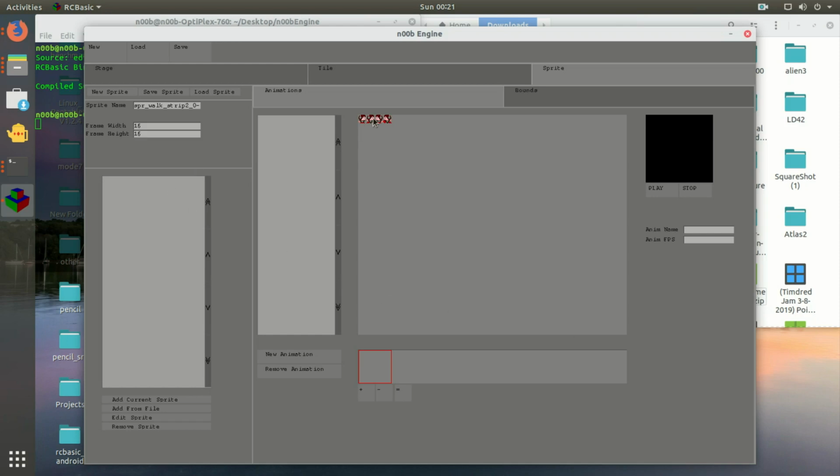And to be able to show the sprite, we have to add some animations to it. So we're going to have 6 animations total. We're going to have a standing, walking, and jumping animation for left and right. So let's go ahead and add a new animation, and we're going to go over here and change the name